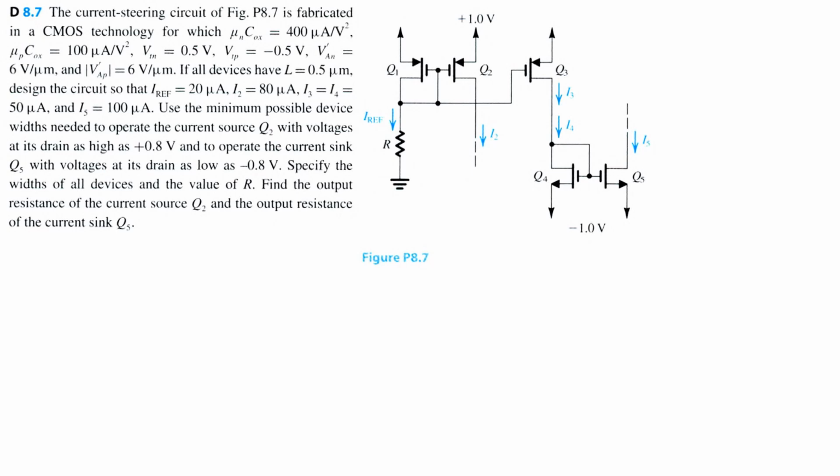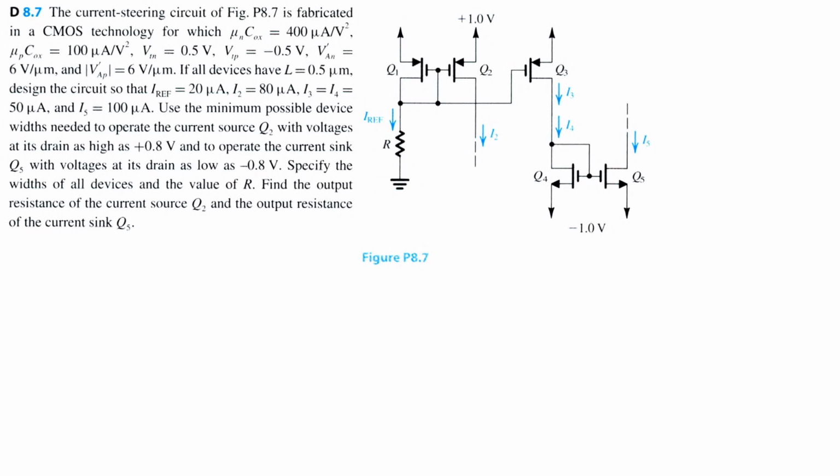Let's solve problem 8.7 for Microelectronic Circuits, 8th edition, by Sedra and Smith. This is a pretty hefty problem, but it does a great job showing how current mirrors and current steering affect circuits. So we're given this schematic, and we're told that it is fabricated in a CMOS technology for which